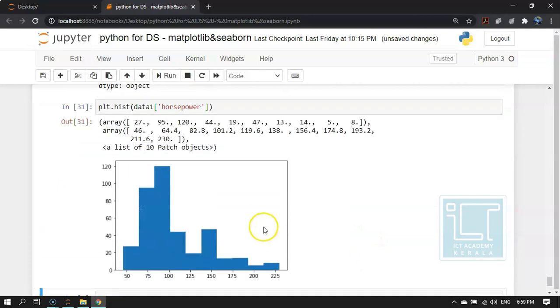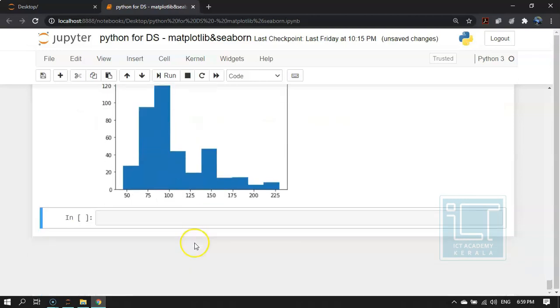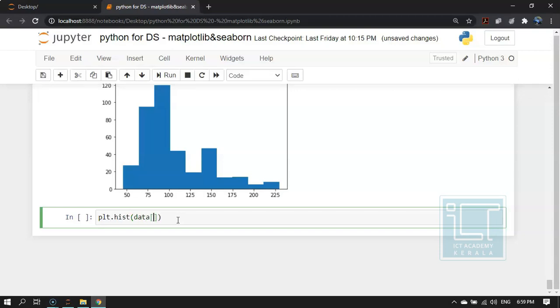So now I have changed it. Now from this graph we can clearly see that the highest horsepower present in this data is around 80 and the lowest present is around 200. Now we'll plot a histogram for MPG.